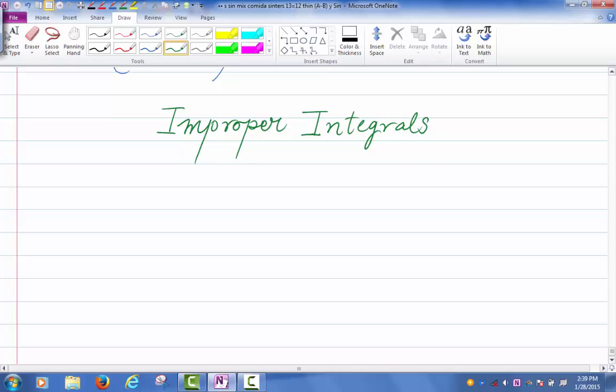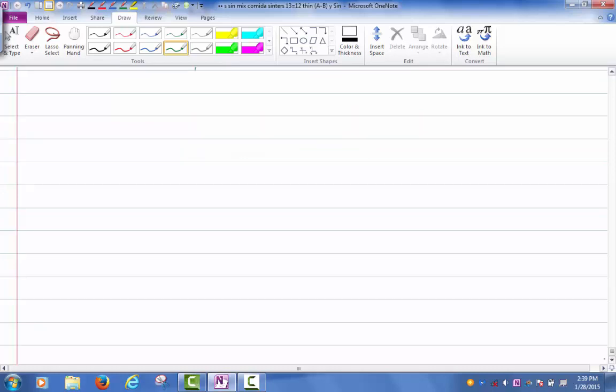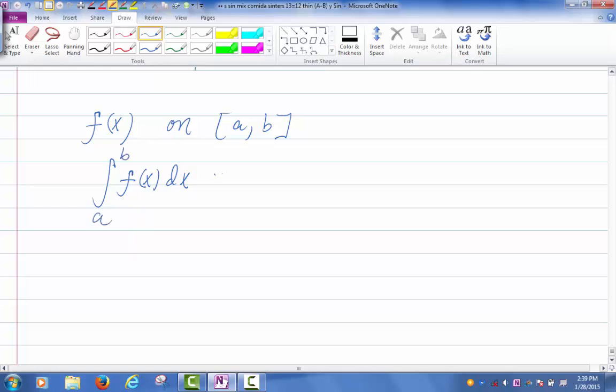Remember how we defined the integral, right? How did we define the integral? Well, if I have a function f of x, and we consider the function f of x on some interval from a to b. So this is a closed bounded interval. It's a finite interval, right? Closed bounded interval. And we defined the integral of f dx from a to b as what? As the limit